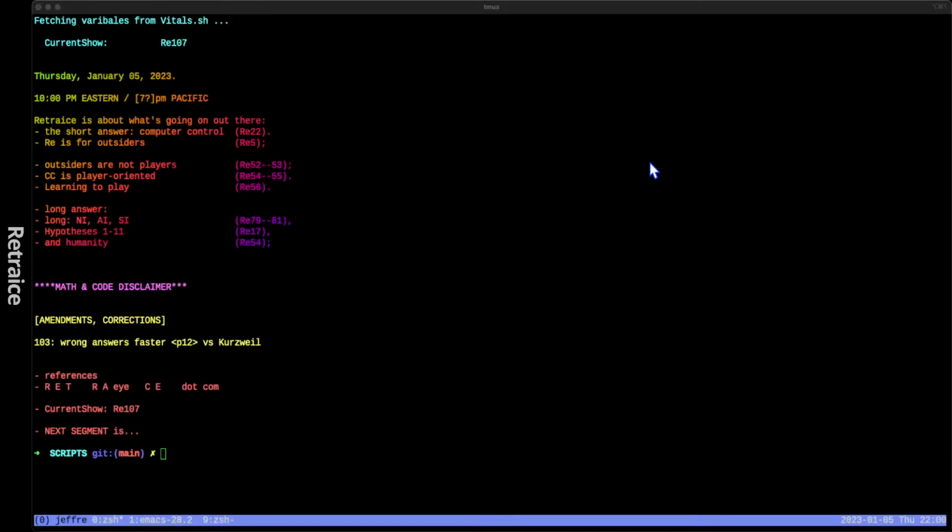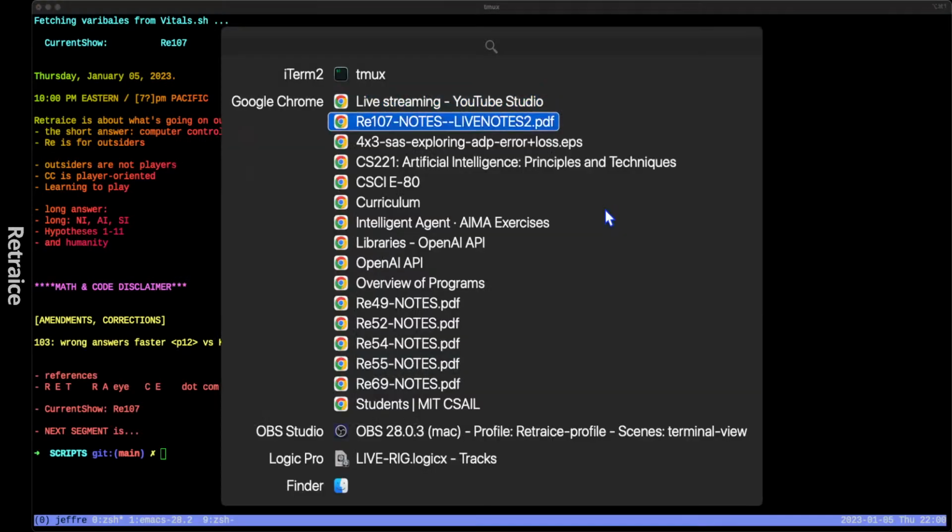The long answer to that is not going to happen today, but we're going to get into some old Retraice stuff because we're starting to get answers to questions that we either raised implicitly or explicitly in what I call Retraice 1.0, before we took the technical turn. What am I talking about? Well, let's go to the notes. So the notes will guide us through.